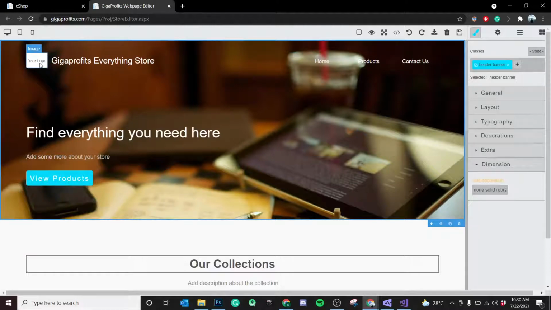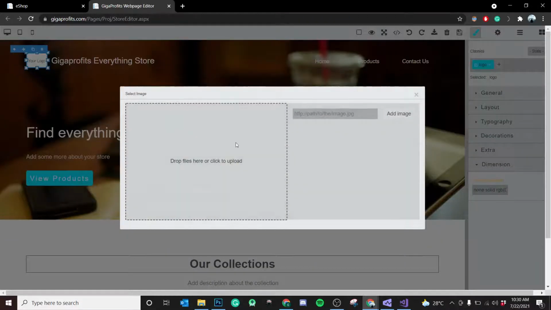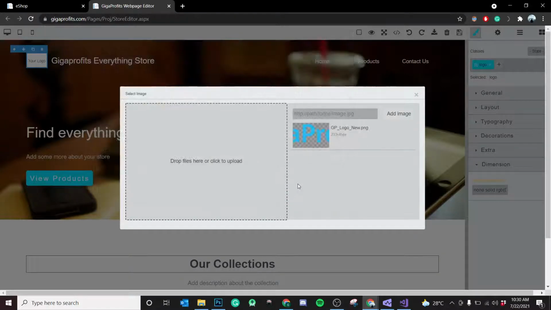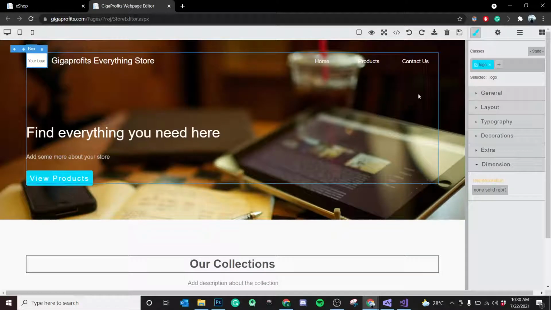So there are a couple of ways to change an image. So we're going to double click and it'll open up a box that lets you add a path to the image, or you can drop files to. So I'm going to click here and it opens up a box that we can select our image. So I have my saved image on the desktop. So this is your preview of the image. It tells you the size as well. And this add image button is only if you're specifying the path. So if I close this here,